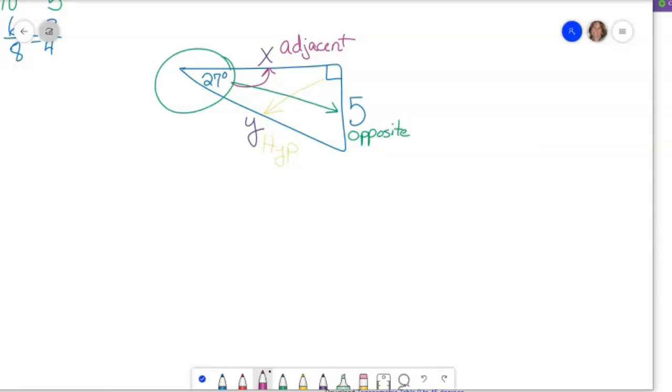But the hypotenuse is always going to stay special. The hypotenuse is never going to be anything but that. He is my special side all the time. So for this one, we're given the measurement of 5, right? And he's opposite. So if we think about our functions,